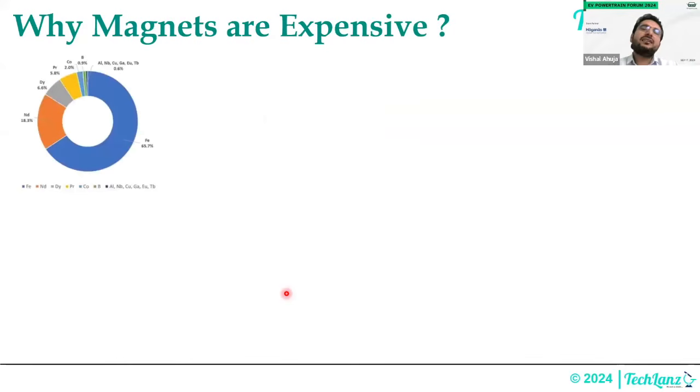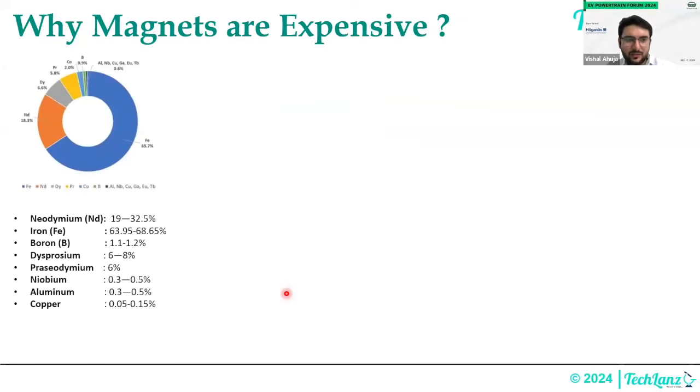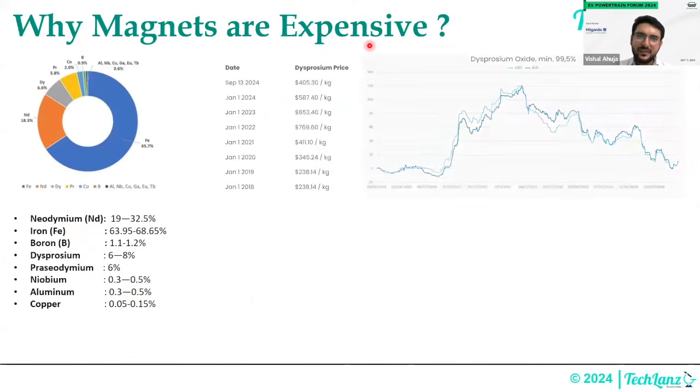Now let's see why magnets are expensive in the first place. Magnets are made of multiple components. The typical percentage ranges from 19 to 35% neodymium, then iron, boron, dysprosium, praseodymium, aluminum, copper, and all those things, right? Difficult names to remember, but it's okay. Let's see the pricing they have in the market, right? As per the dollar, as per data from 2 days back, dysprosium was around $400 per